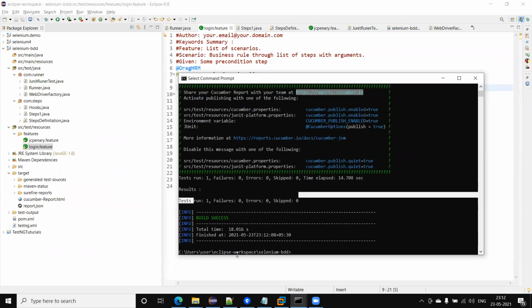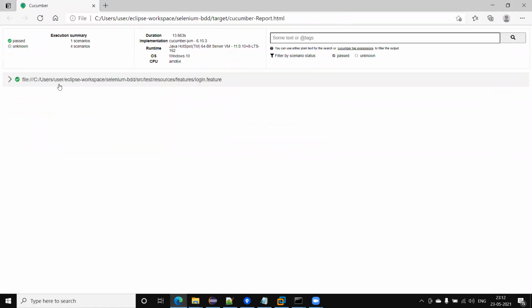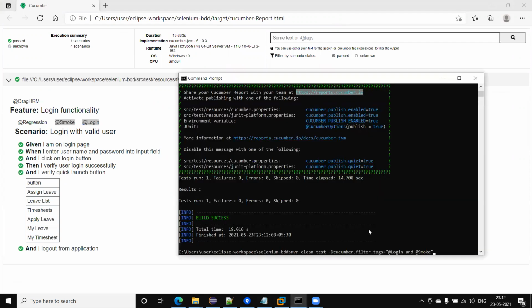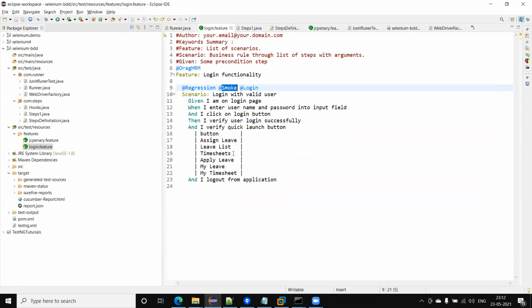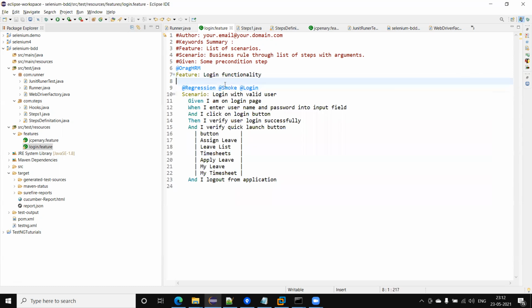Only one scenario is executed, and if I refresh the page, you will see only one scenario is executed where we have smoke as well as login. Now let me show something here. Suppose I don't have the smoke tag here, I am going to remove this.